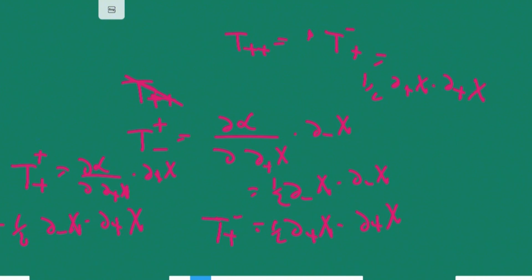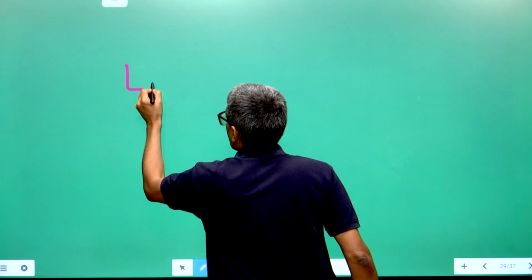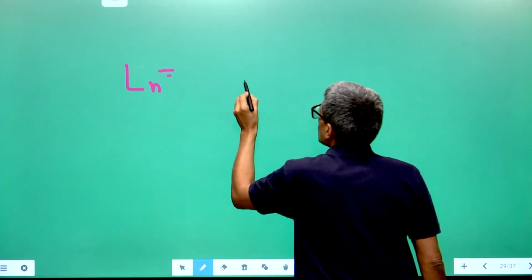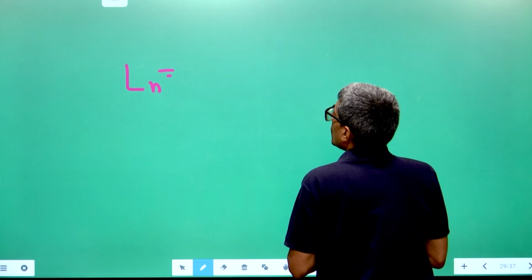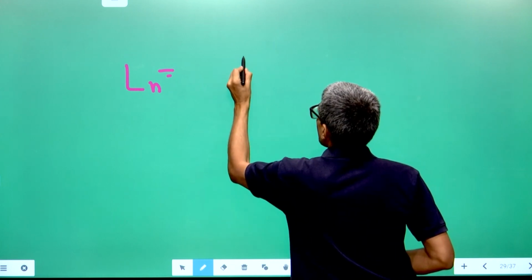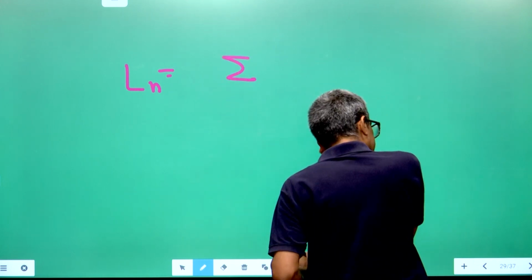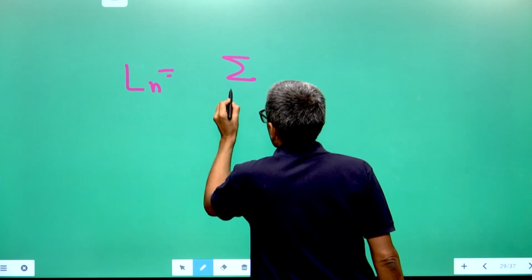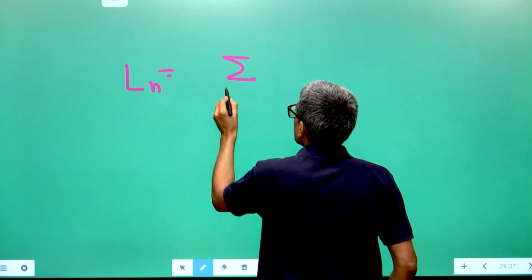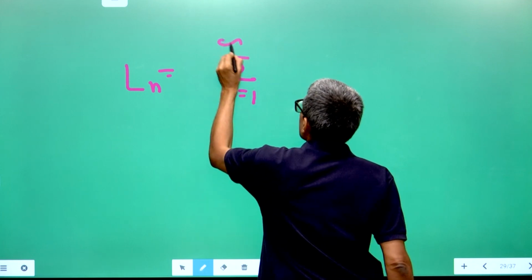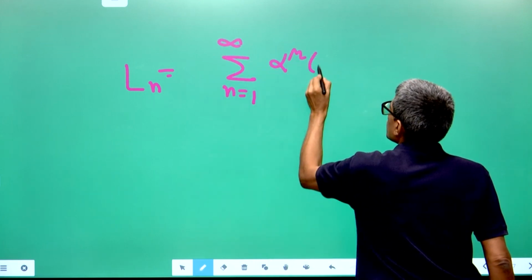So if you write down the Fourier series expansion for x and calculate the Fourier series coefficients of the product of these two, there will be a quadratic form in the Fourier series coefficients of x. You can see that these coefficients ln will be simply equal to a summation, after taking the normal ordering into account, with n going from 1 to infinity of alpha mu n plus m,